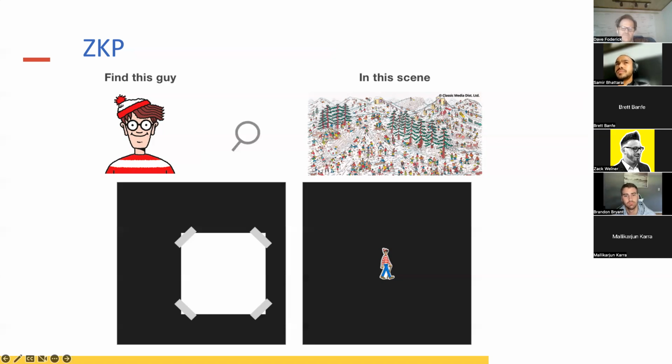So how is this possible, right? It's a little bit counterintuitive because you are trying to claim something is true, but you are not disclosing that thing in particular. In this particular case, it's just Waldo's position. Right? So one way to do it,